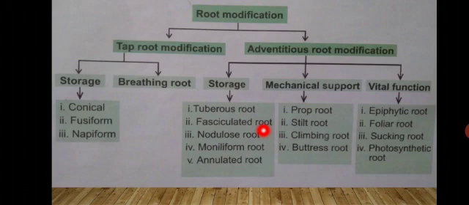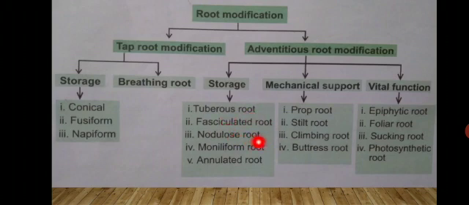There are some other examples too. Asparagus can also be present, which is Tannir Vittan Kilangu. Dahlia is a flowering plant. Then in tuberous root, the example is Ipomoea batatas, sweet potato, Sakaravalli Kilangu. The third one is nodulous root.